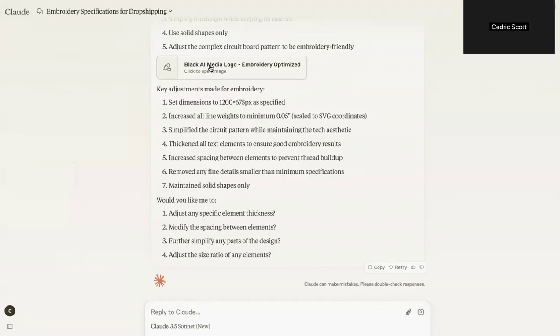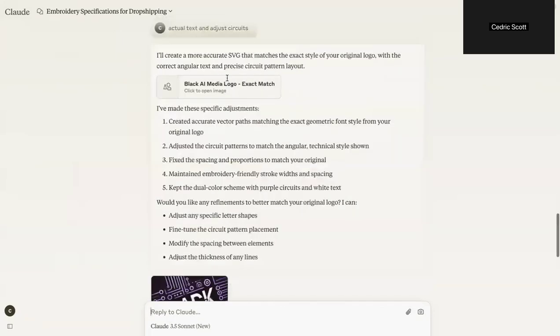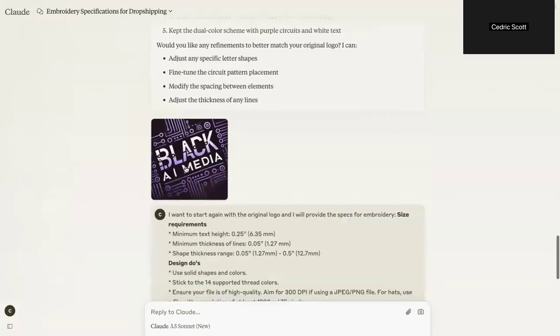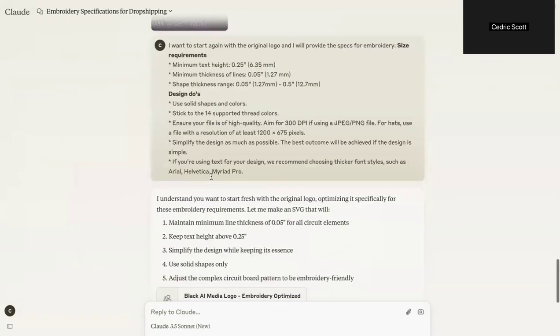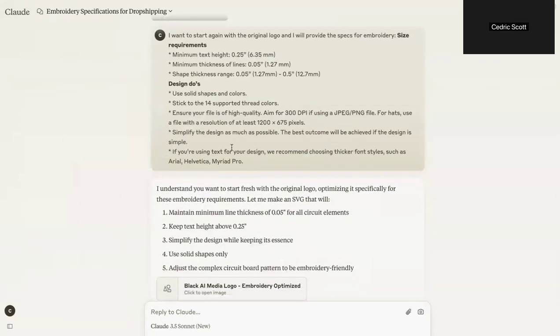So with that, I went through the process. Here's the original logo, and I was just working through the embroidery based on what I was given. And actually, some of what I'm talking about now is related to another resource in Green Digit Academy. If you've seen the series of videos on how to create your own merchandise, this is actually related to that. So drop shipping, creating your own merchandise, shirts, hats, dog beds, whatever it is.